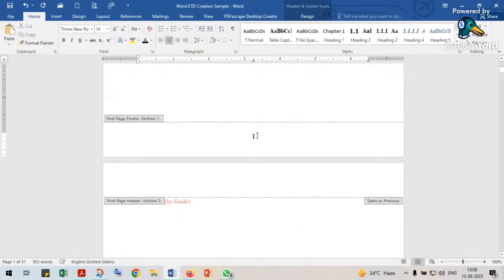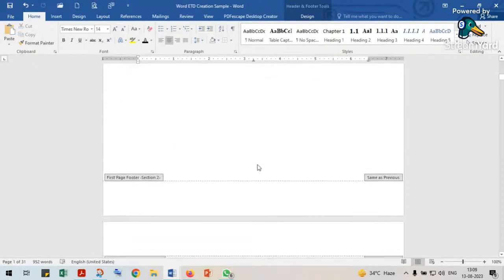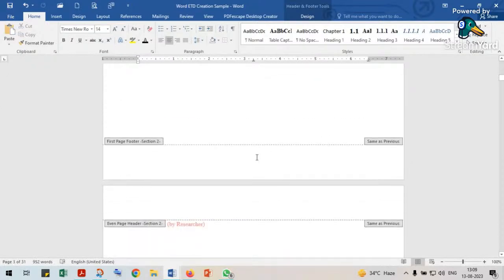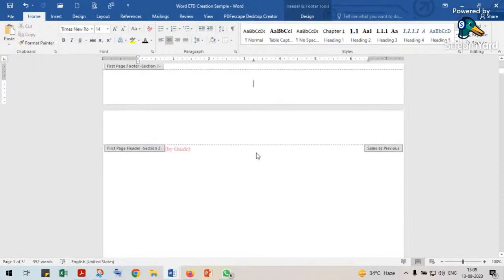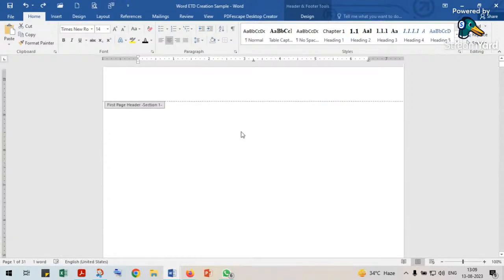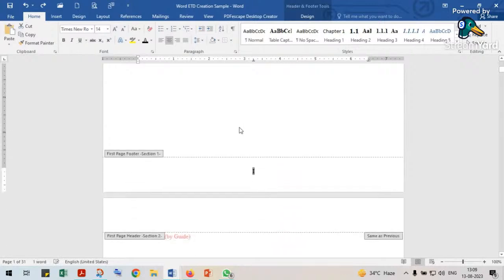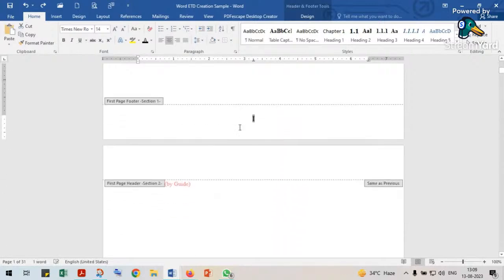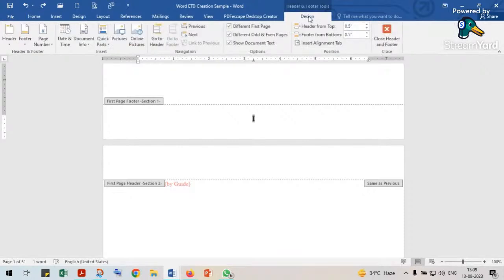We can delete this part. You see now it has given the page number on the first page also, but we don't want page number on this part. So what we can do is we will go to